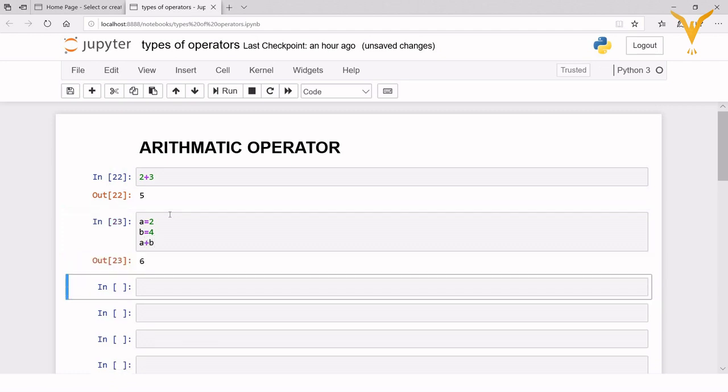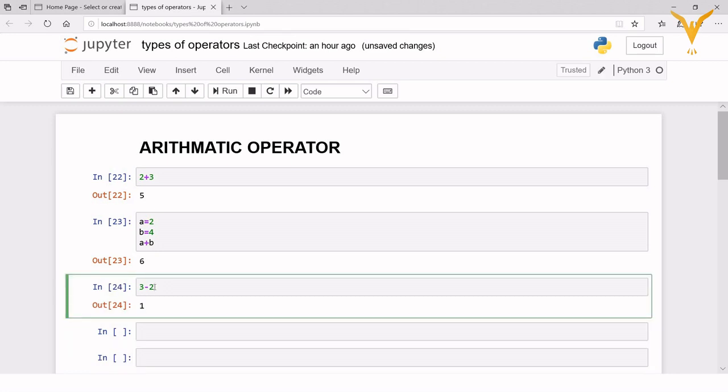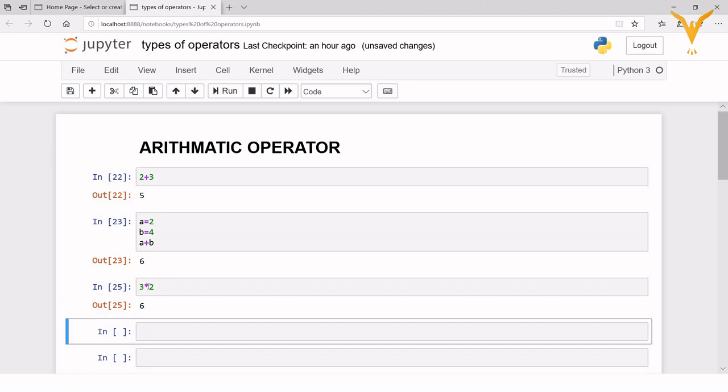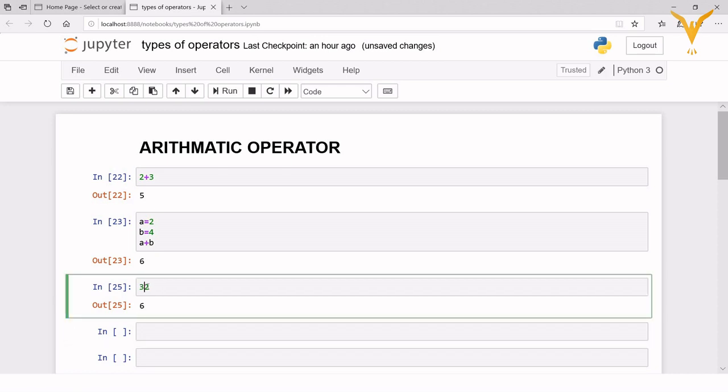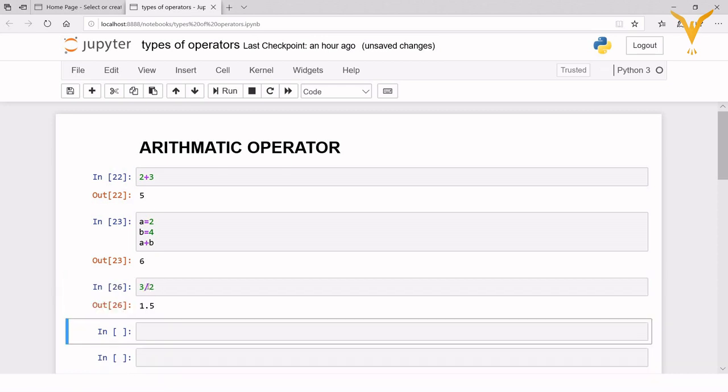So this will give you the answer as 6. Then subtraction, 3 minus 2. Then multiplication, that is 3 into 2. Then we have division operator. So 3 divided by 2.